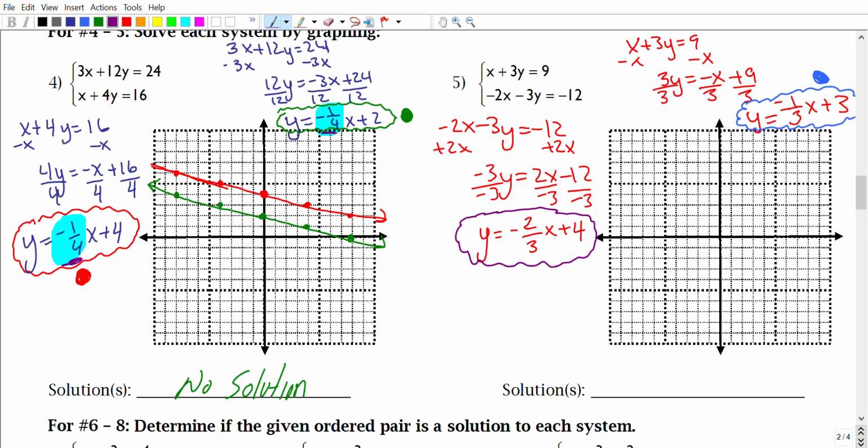But here, notice that nothing's the same. The slopes aren't the same. The y-intercepts aren't the same. So we know we're not going to have something like a no solution or an infinite solution. So let's go ahead and graph this. I'm going to go ahead and graph my